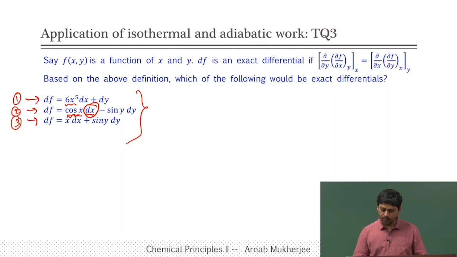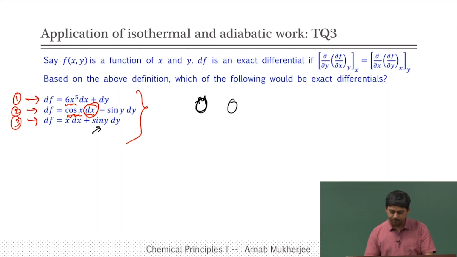Now, comes the third one. Hopefully, it will not be exact, because otherwise we will not learn anything. So, again the first term is already a derivative with respect to x. Now, I have to do with respect to y, which is of course going to be 0, and then on the right-hand side I have to do with respect to x, which is going to be 0 also. Okay, let us change that. Let us do a different one.